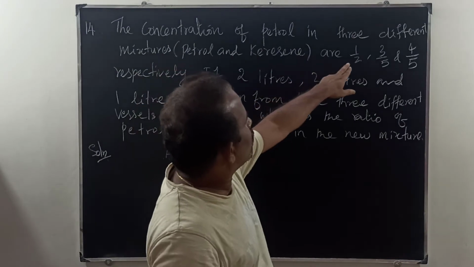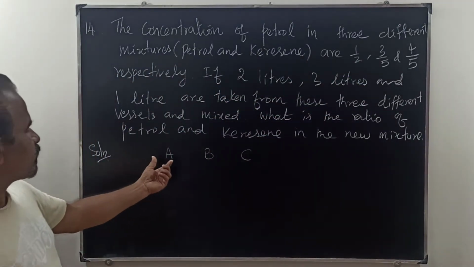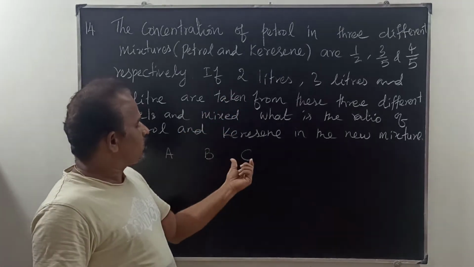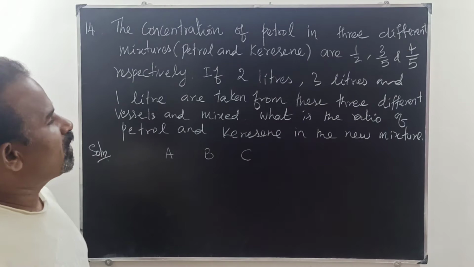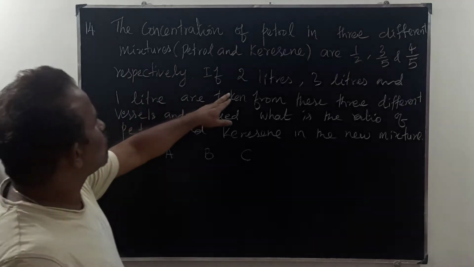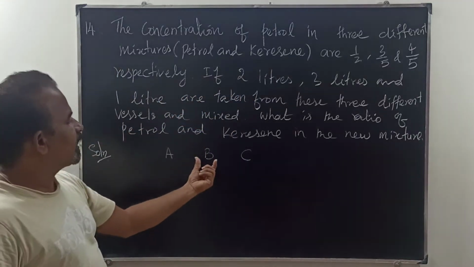The petrol is 1/2 part of the first mixture, 3/5 part of the second mixture, 4/5 part of the third mixture. If 2 liters of mixture is taken from A,